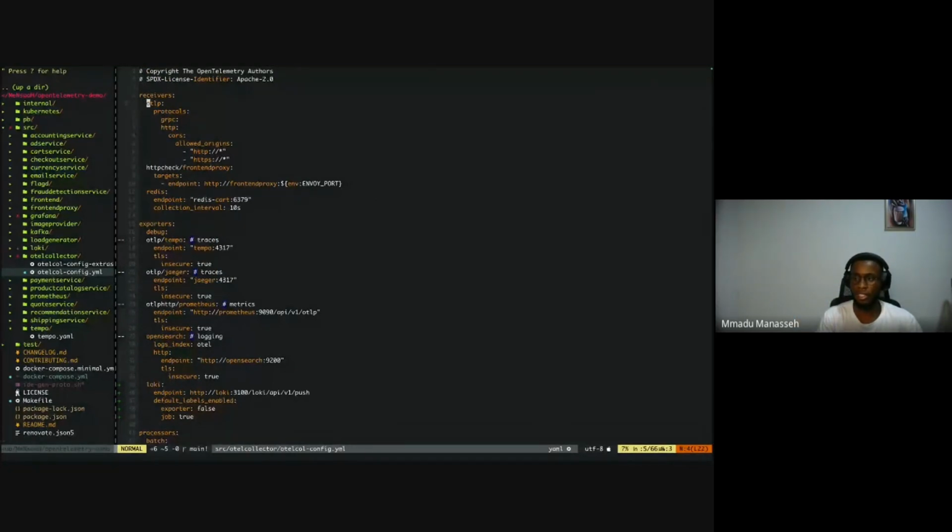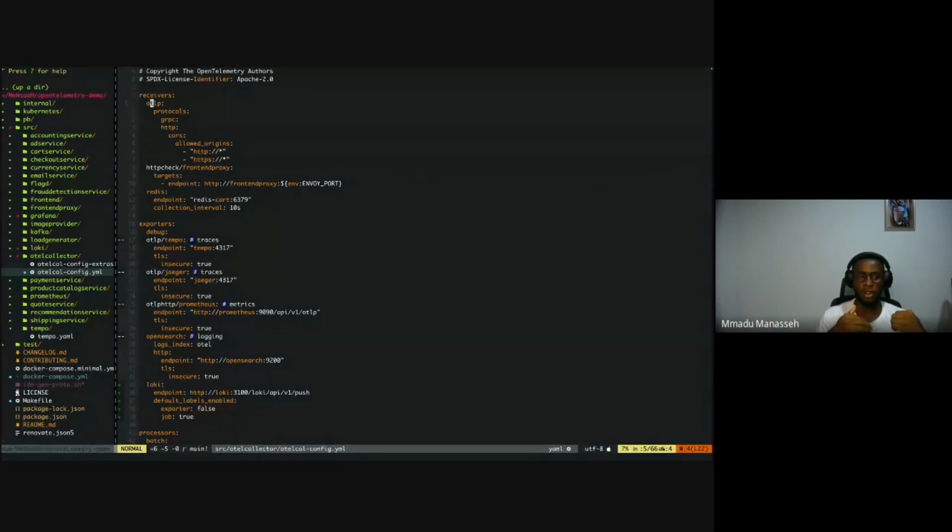The receiver section here, I can see we have three different receivers. The first receiver here is OTLP. OTLP is for when your data is coming from code that has Otel. As I just showed, the Go service was using Otel specific libraries to instrument. So if the service you want to collect metrics from uses Otel specific libraries, you use an OTLP receiver.